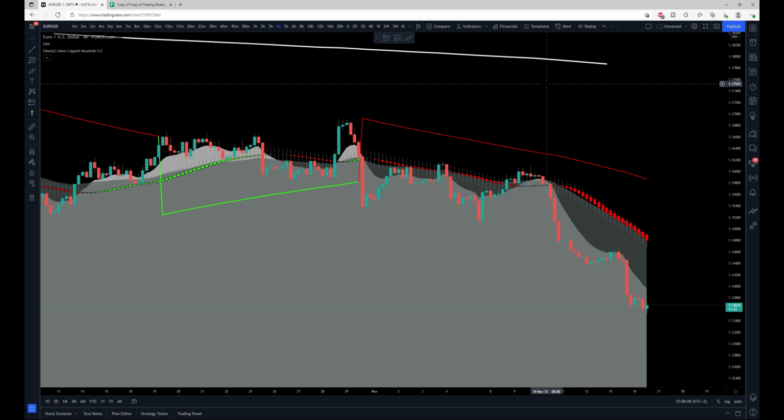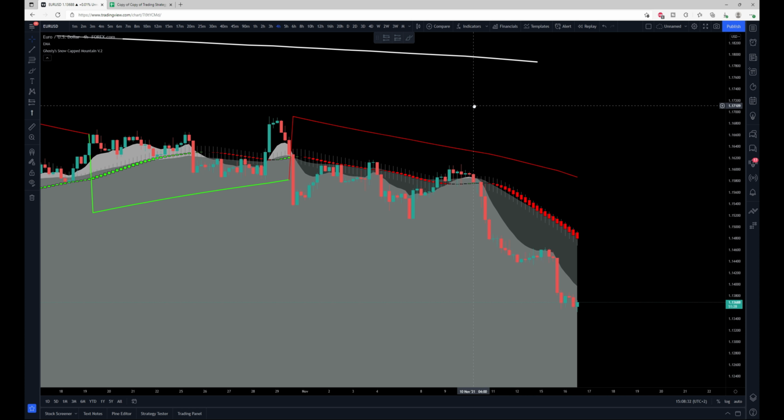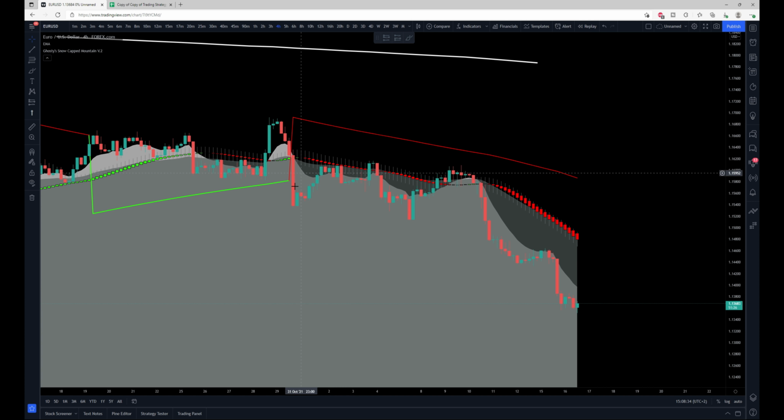I recommend using it as a trend direction indicator and also a place to find good entries. So what I recommend doing is waiting and seeing what it tells you the trend is. Only trade in the direction that it tells you. But how do you get entries? You wait for the pullbacks into these smoothed trend candles. So whatever this is telling you, go trade in that direction, but only when you get the pullbacks into the